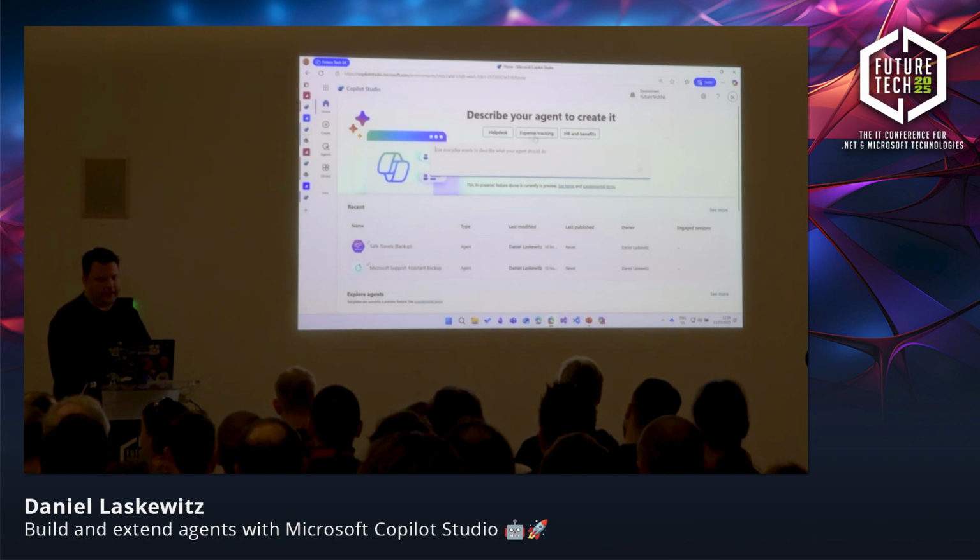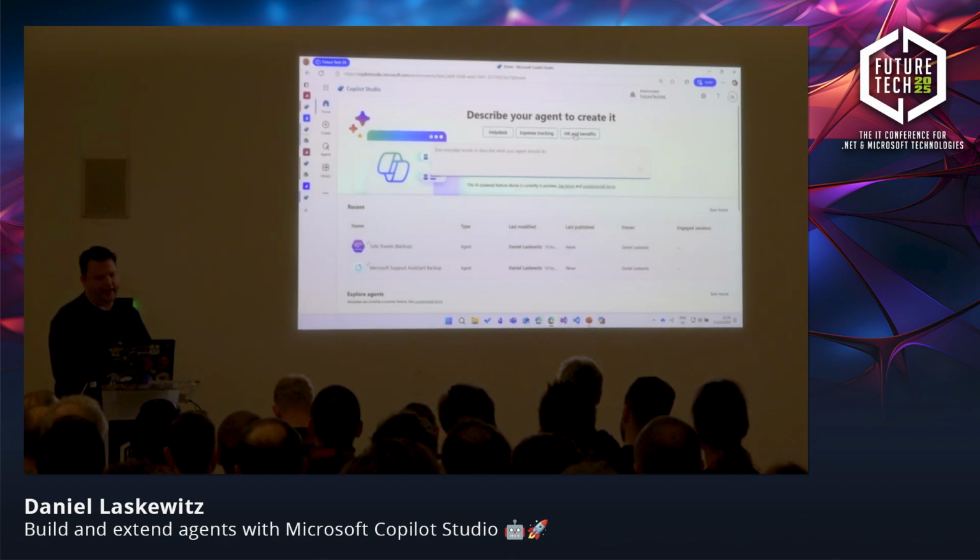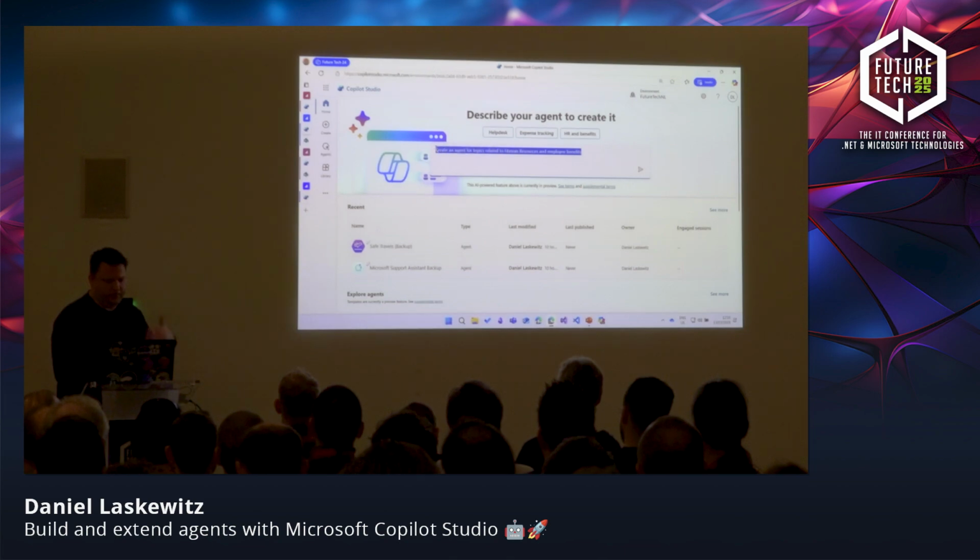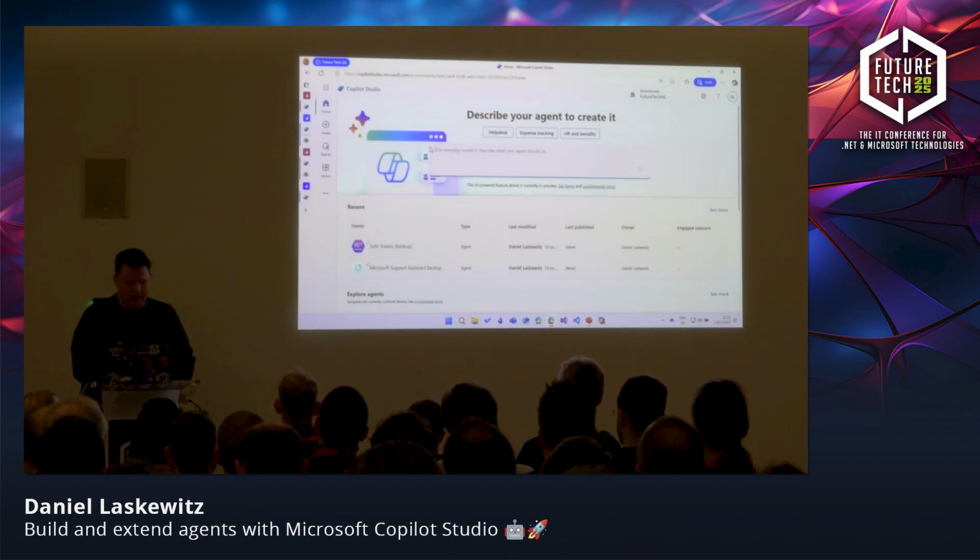buttons that I can click on, and this will enable me to see what kind of examples there are. So if I want to have an HR and benefits agent, I can click on that and it will show me an example of what I could enter. So that can give you a little bit of an idea on what to enter. I already have